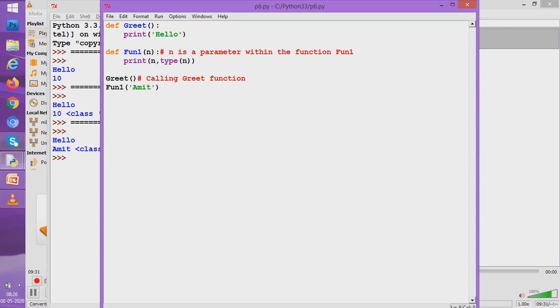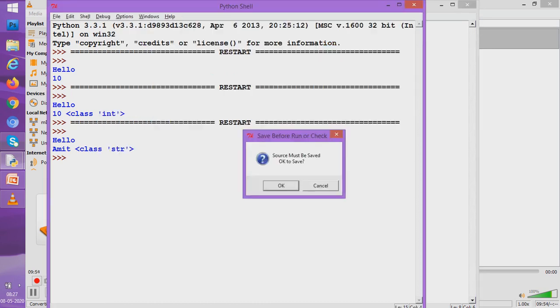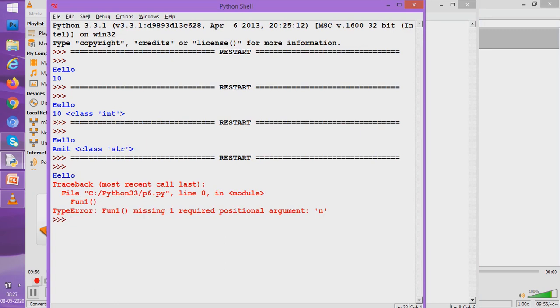If you don't send a value, what will happen? It will show an error because n is expecting a value. It is expecting that you would be giving some value to it, but you are not passing. Let us see. It is giving an error. What error? It is saying one required positional argument n is missing.